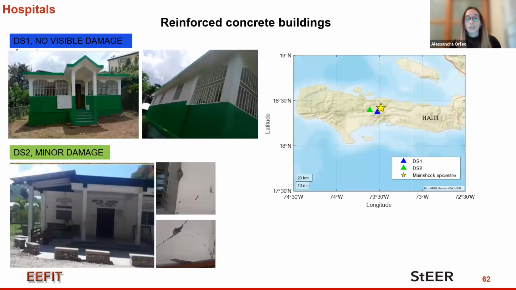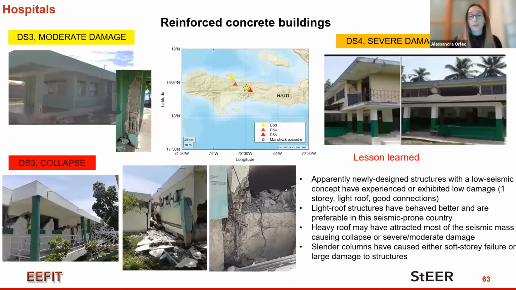So the next slide shows very minor damage that has been observed in reinforced concrete buildings, especially in cases of engineered structures with respect to minimum design principles and newly designed structures with actually a very low seismic concept. And we can also observe that light roof structures have exhibited very low damage. On the opposite side, in the next slide, we can observe that the heavy roof may have attracted most of the seismic mass, causing damage,